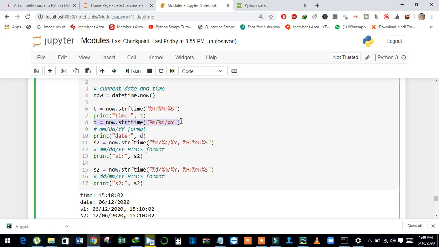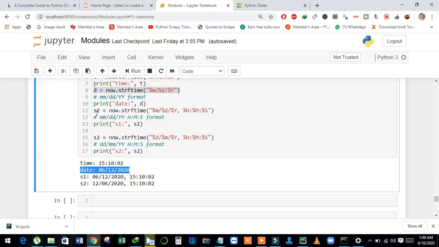And see here, we can assign different formats of date. Percentage m means month, percentage d means day, and percentage Y means year. And see here, it returns the date 6, 12 and 2020.